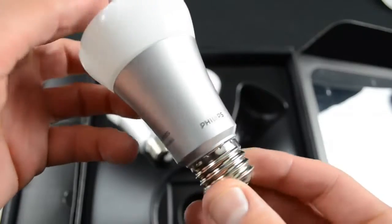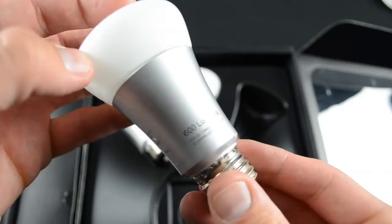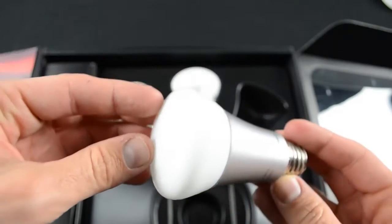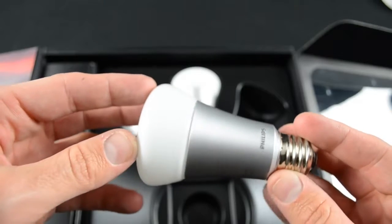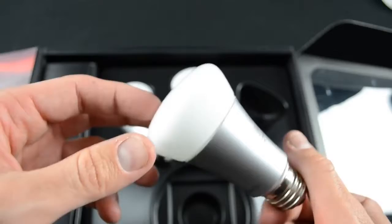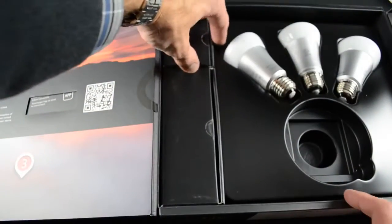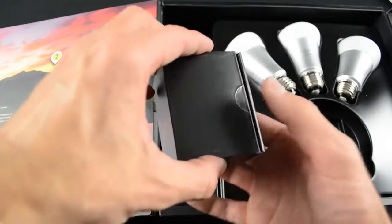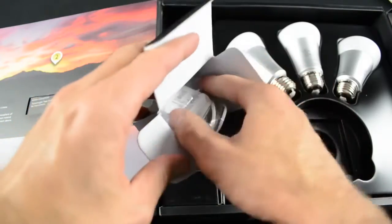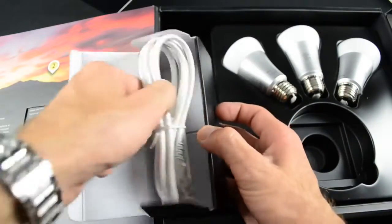Now, the bulbs themselves are glass and metal, and each bulb puts out about 600 lumens, which is pretty typical for most LED bulbs, but it's not particularly bright. So this is equivalent to a 53-watt incandescent bulb. That's less than 60 watts. Now, these are omnidirectional bulbs, so they distribute light in a classic fashion like incandescent bulbs. A lot of LED lights have a tendency to project light upwards instead of all around. Also included is a power supply for the wireless bridge, as well as an Ethernet cable for connecting the bridge